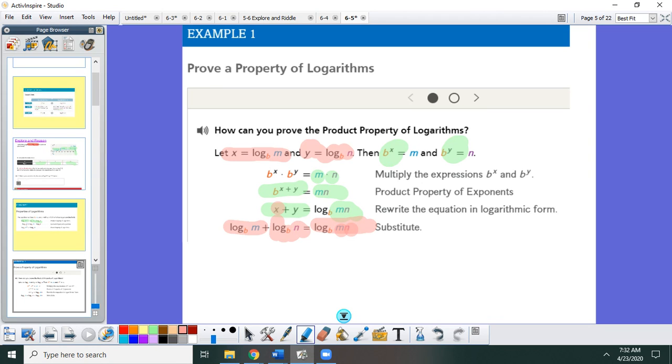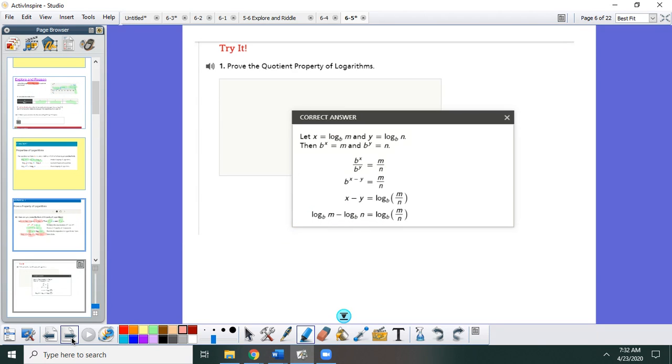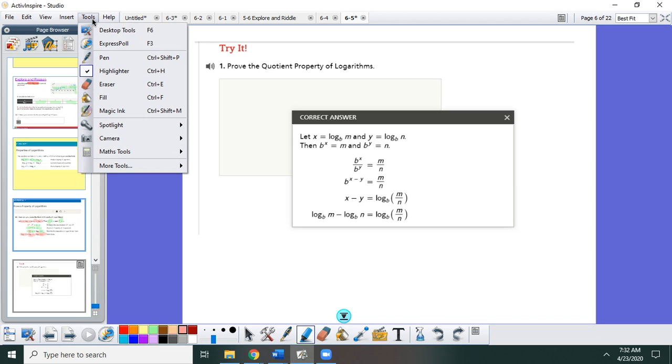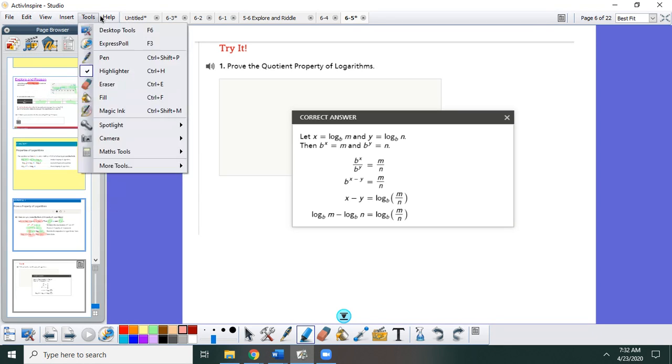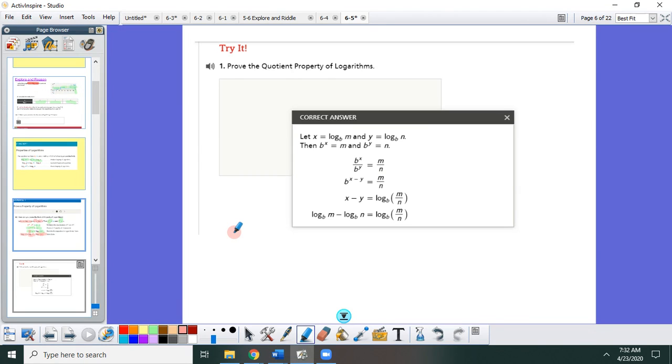Now, the try it feels like a jump for some of you for sure, but what we're going to do is very similar. And so I know you can see it on your computer, but if I can hide it, I will. We're going to start off with the same established ideas, that x is going to equal log base b of m and y is going to equal log base b of n. Okay, so then rewriting that, we have b raised to the x power equals m and b raised to the y power equals n. So the quotient property,